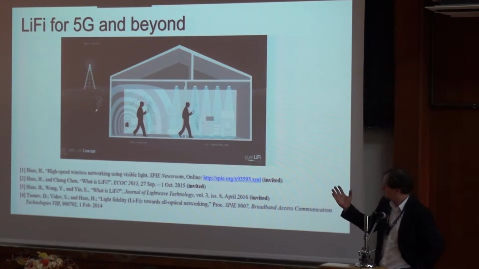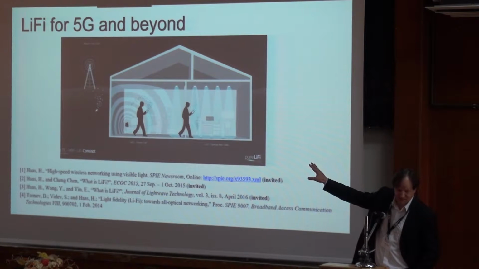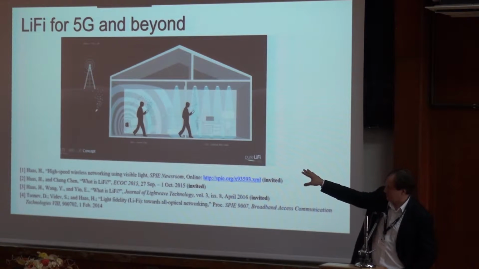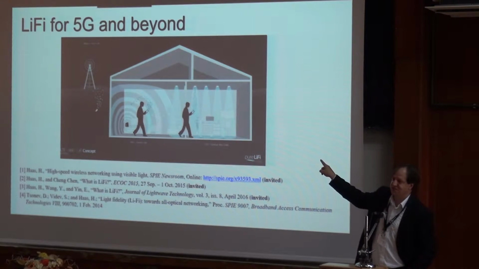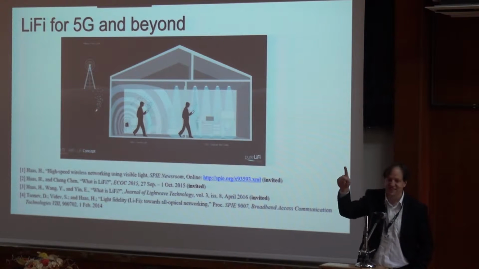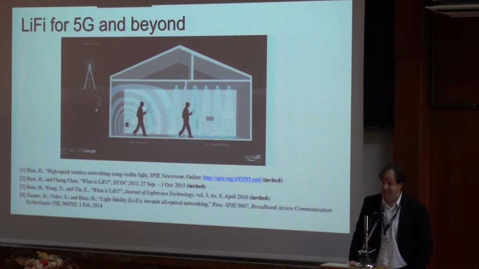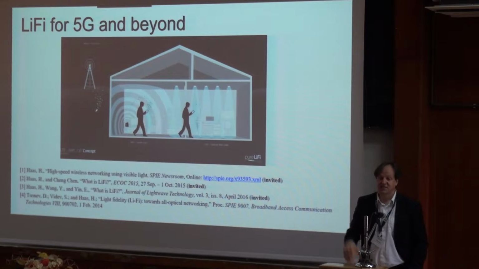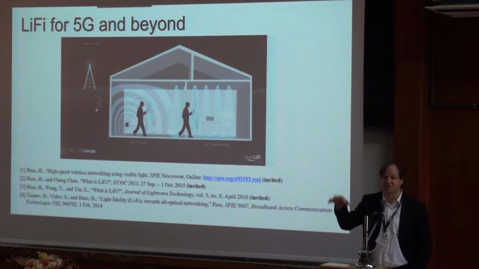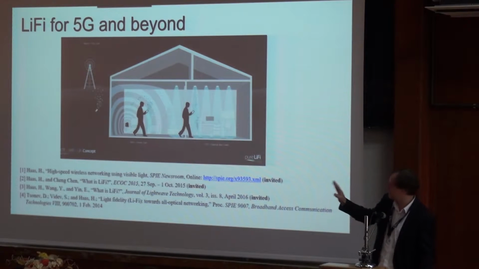To show you in a picture what we mean by that, we keep radio. Obviously, we have the radio base stations outside. We have the picocells, we have the femtocells or Wi-Fi, but in addition to Wi-Fi, every single light source here is an individual access point covering a 10 square meter cell. Already in that room, we have 12 wireless LiFi access points serving 12 times the capacity of a single access point, and that's not possible with radio because of the interference I've mentioned, and that is the vision of LiFi.